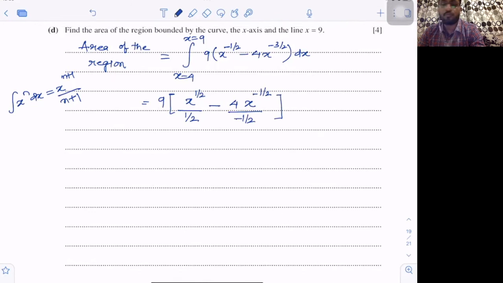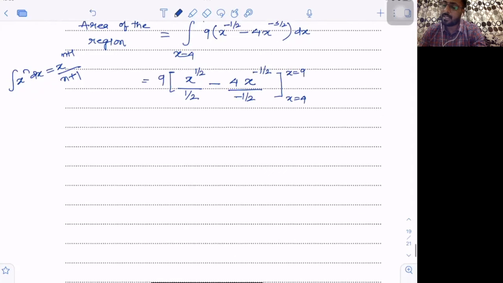And the limits are from where to where? The limits are from x equal to 4 to x equal to 9. Right, guys? x equal to 4 to x equal to 9. So I have limits from x equal to 4 to x equal to 9. Okay. So now what you need to do is a bit of simplification is needed. So I can write this is equal to